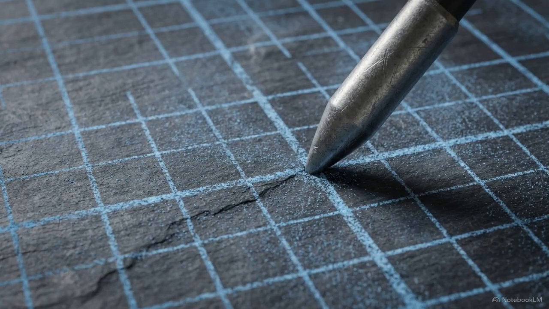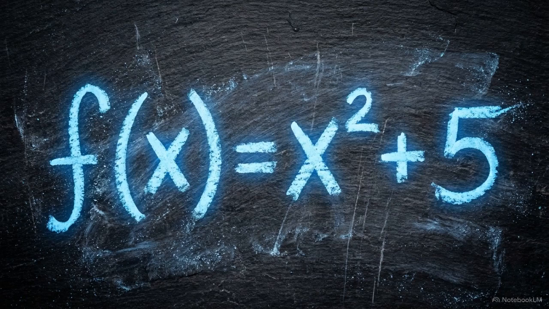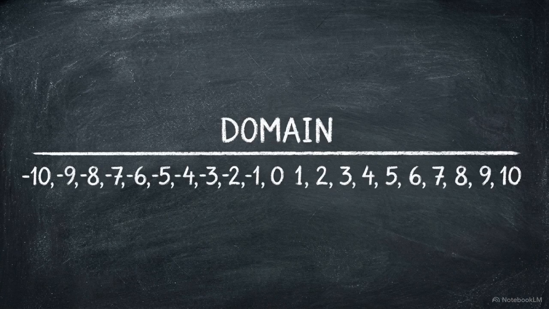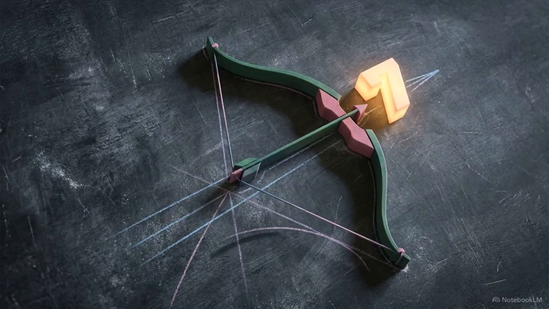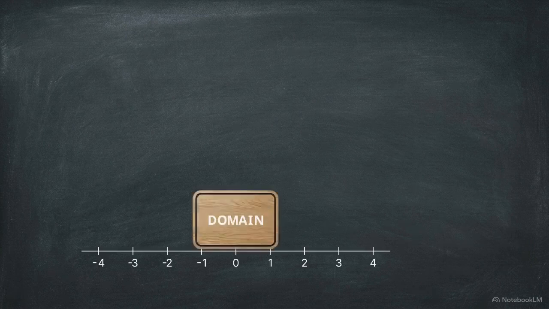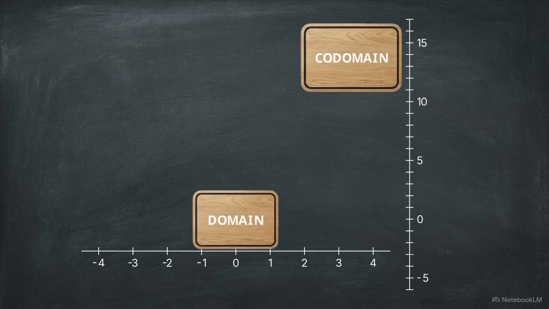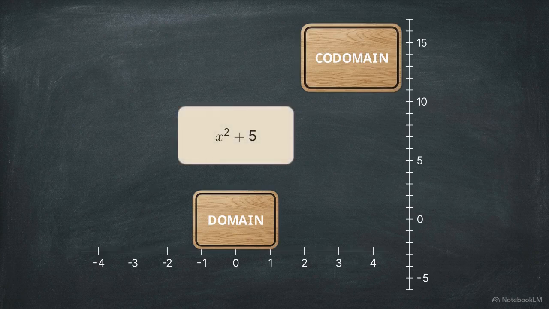Let's step away from the archery field and see how this works with numbers. Take a look at a specific rule, the function f(x) = x² + 5. For this function, our domain, the numbers we are allowed to plug in as inputs, will be all real numbers. Any number on the number line can be loaded into our bow. This animation shows our 2 sets. The horizontal line is our domain, and the vertical line is our codomain. Our codomain, the intended target for our answers, is also the set of all real numbers, stretching infinitely up and